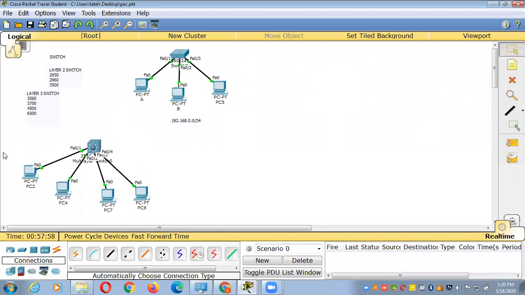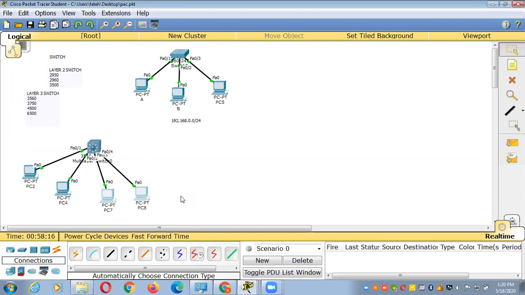See, I have already explained. Because I have to explain the layer 2 and layer 3 switch, that's why I have made two VLANs here. I configured these two interfaces in VLAN 10 and these two interfaces in VLAN 20, because I have to give the example. Is there any difference between connecting multiple interfaces with one VLAN or one interface?